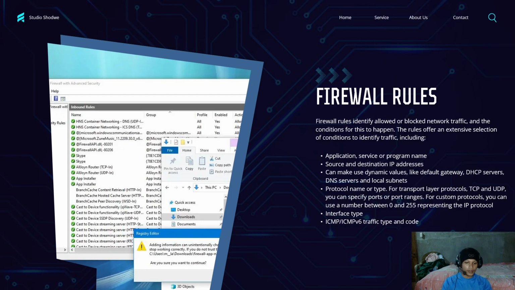For transport layer protocols, TCP and UDP, you can specify ports or port ranges. For custom protocols, you can use a number between 0 and 255 representing the IP protocol. Interface type, ICMP and ICMPv6, traffic type and code.